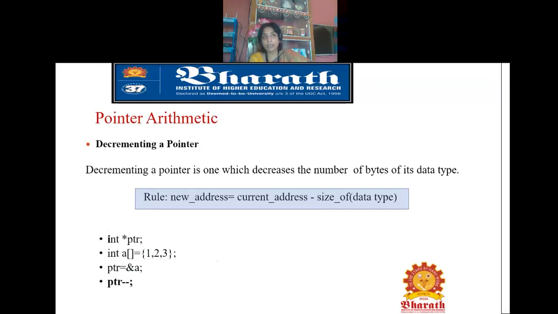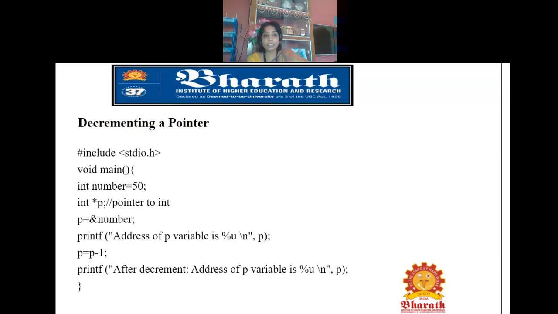Say for example, I am having the current base address as 1002. In this case, after decrementing, it will go to 1000, because the size of the data type is 2 bytes. So it will reduce 2 bytes of memory from the base location, and then it will go to that particular memory address.